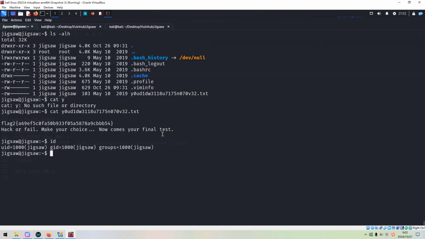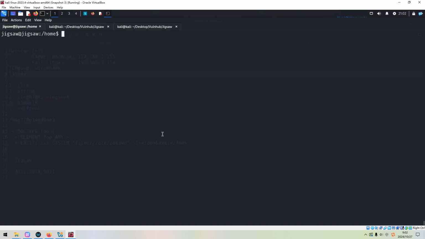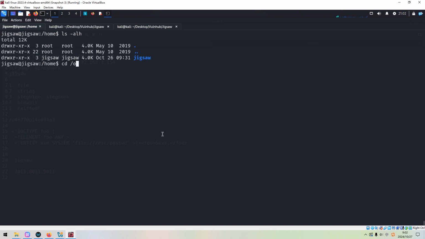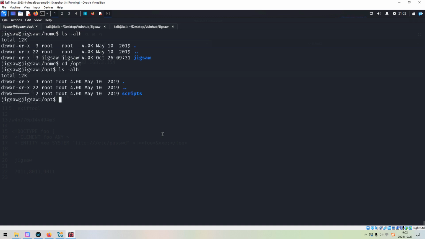And we can check id, nothing here. Go to the home directory, only one normal user. So next we can go to the opt directory, go to scripts, what is it about, no permission.